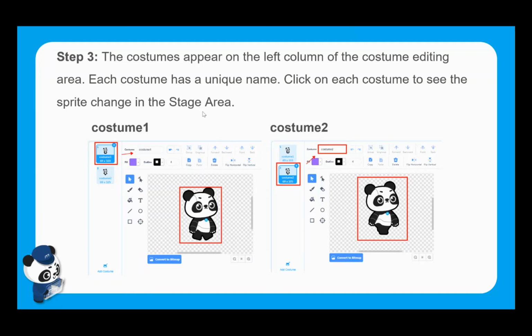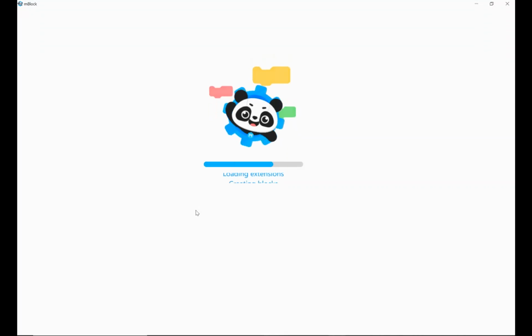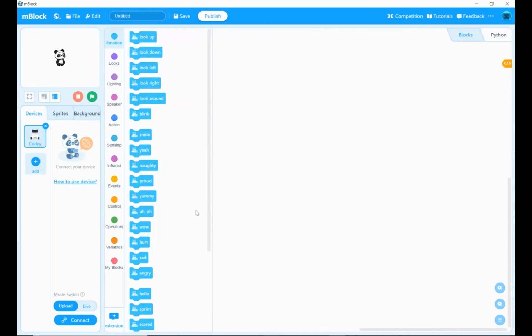Okay, so hopefully that's just making sense. You've got those 3 slides guiding you through that. But I'm now going to switch to the programming interface. Let's open up Makeblock again. And this will load up in just a second. Here we go. So just so it's fully clear exactly what we're talking about here, we want to always